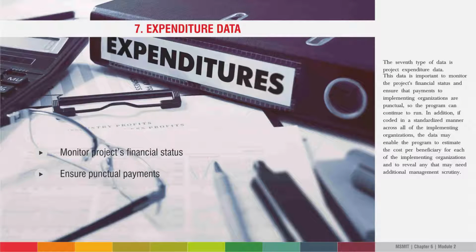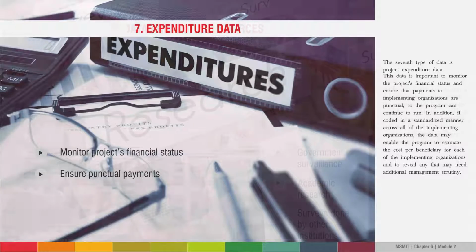The seventh type of data is project expenditure data. This data is important to monitor the project's financial status and ensure that payments to implementing organizations are punctual, so the program can continue to run. In addition, if coded in a standardized manner across all of the implementing organizations, the data may enable the program to estimate the cost per beneficiary for each of the implementing organizations and to reveal any that may need additional